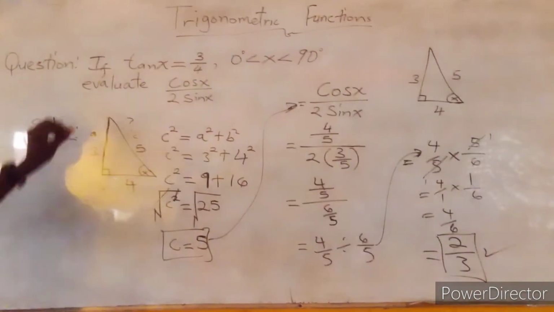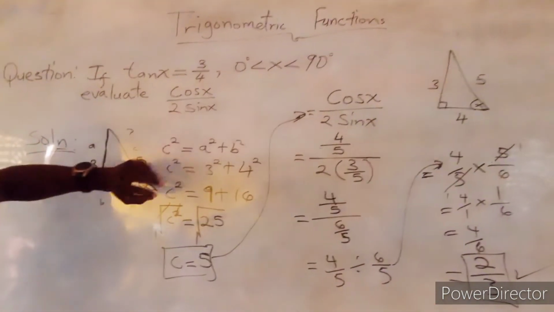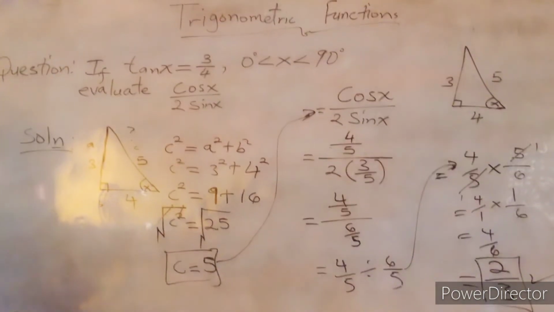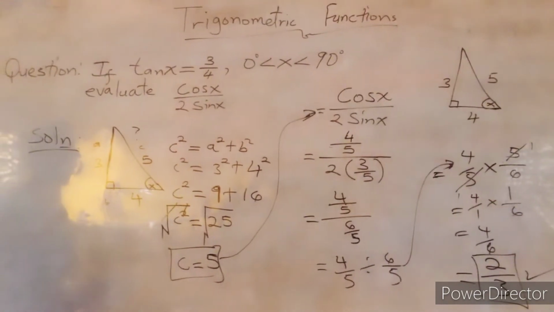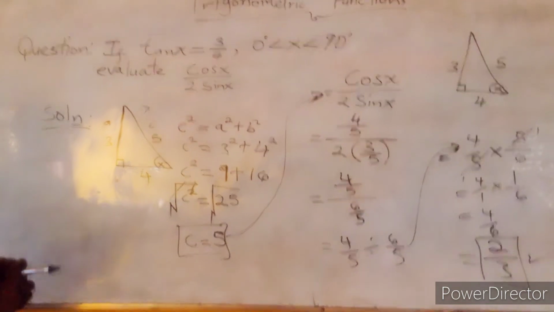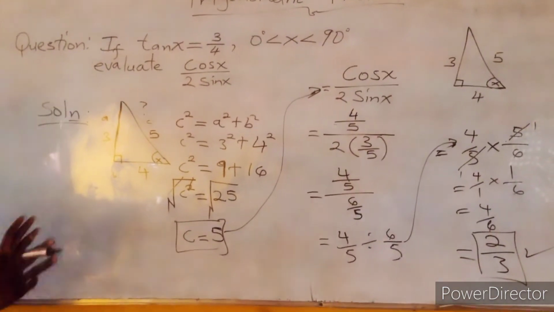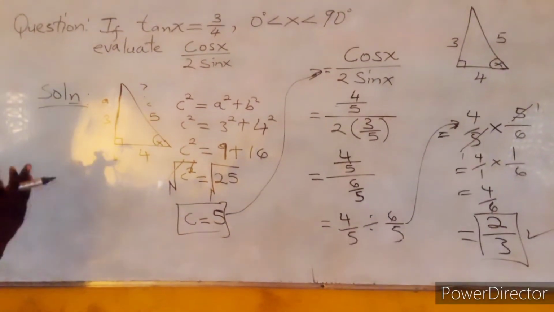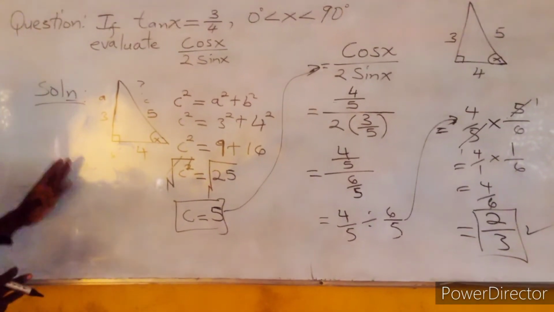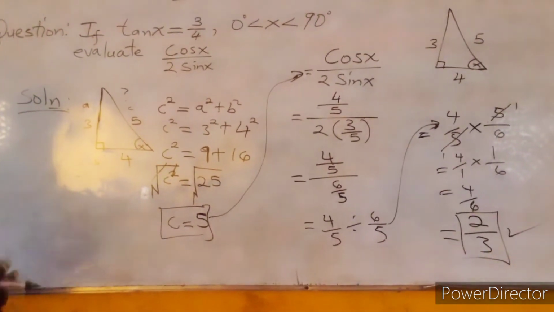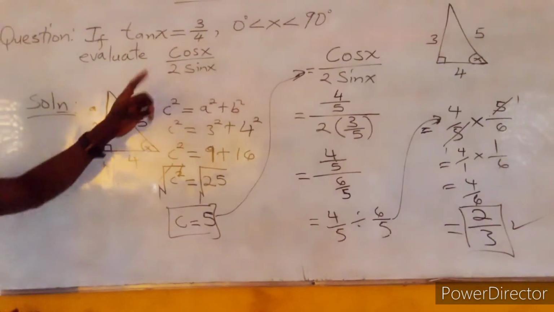So the question here says we should evaluate cos x divided by 2 sine x. This is a question that normally appears in national exams across the world. So it is very easy when you follow the right steps. So to follow these steps, just keenly focus and observe our problem solving. It's very easy. Now, say we know that tangent x is 3/4,